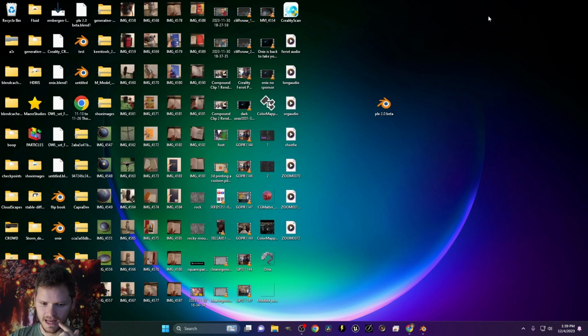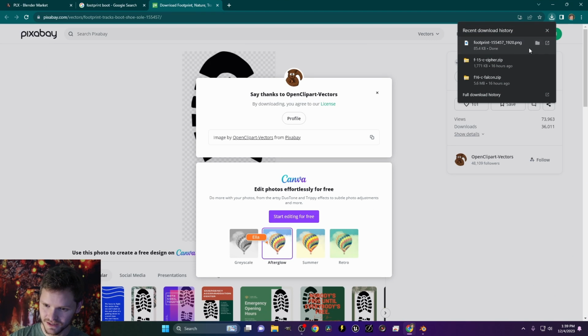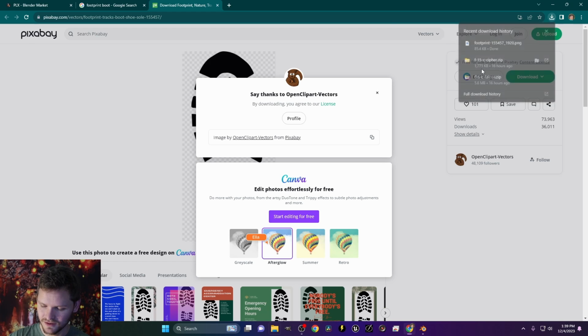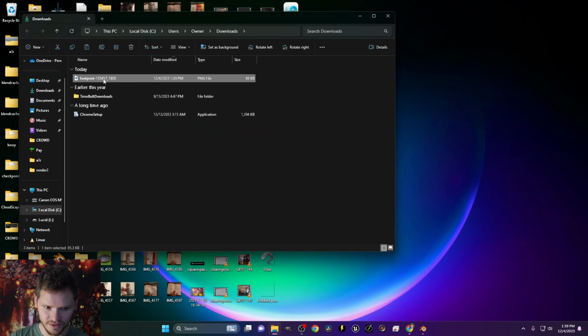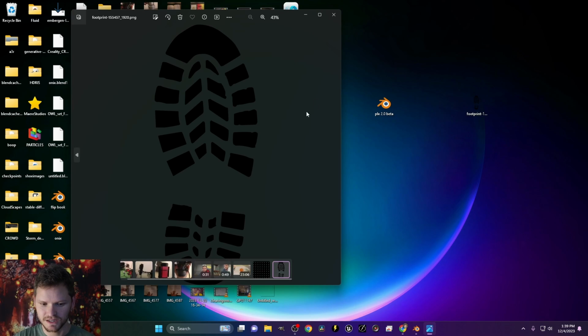Okay. And I'm actually going to need to do some modifications to this footprint, one of which is finding out where it is. Show in folder. Okay, it's in downloads. This needs a modification because if I was to apply this as is,